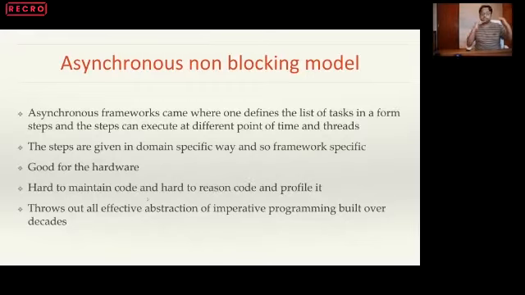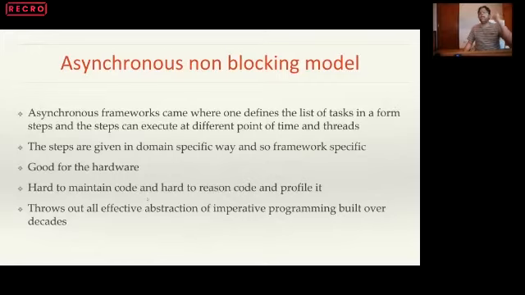So rather than actually blocking, that's the way asynchronous frameworks are very famous. They give you cheap scaling. And one of the important reasons even Node.js got built was because of Ryan Dahl. For context, Ryan Dahl is the inventor of Node.js. He ran a performance benchmark on Tomcat and was so upset that he created Node.js because that is completely async. So this is good for the hardware, but the point is it becomes hard to maintain code,